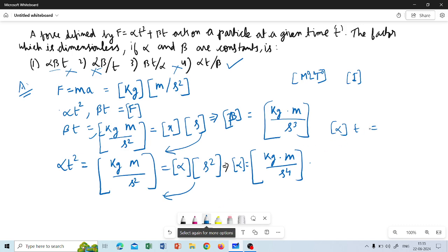So alpha t is equal to kg meter per second cube into second, right, into t. So this gets cancelled, s power 3 will come. Now you can see that alpha t is kg meter s cube and beta is kg meter by s cube. Now if I divide this alpha t by beta,